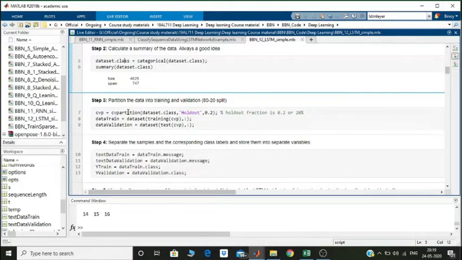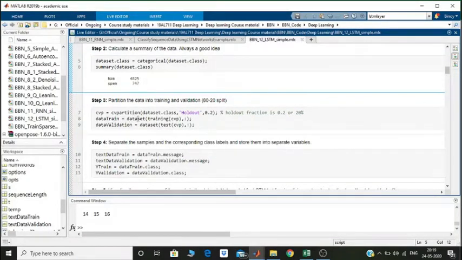Instead of using cross validation this time, we will use holdout. Holdout of 0.2 means 20% of the data of the entire dataset will be removed and used as validation data. So we have split it into 20% validation and 80% training.